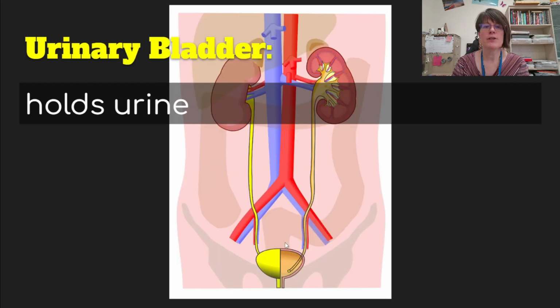The urinary bladder holds urine so that it is not just constantly leaking out of your body, because that would be a bad thing. That would be pretty stinky, and people who do have holes in their urinary bladder cannot hold that, and it is not pleasant. So that it makes it so that we can hold that and get rid of it when it's convenient for us,